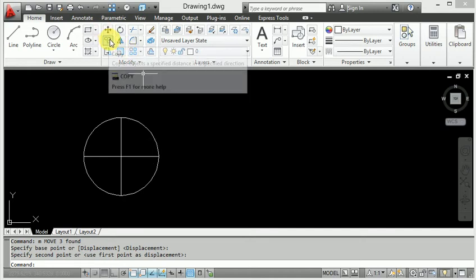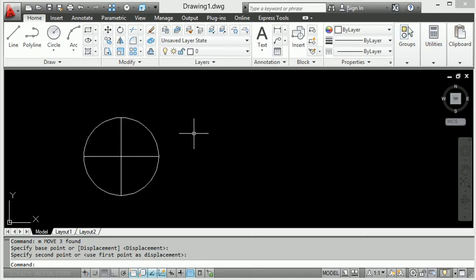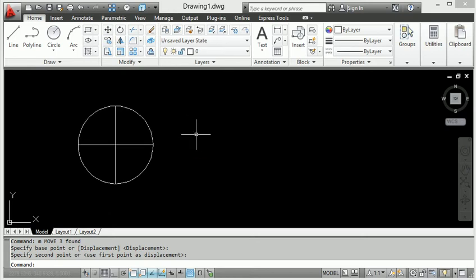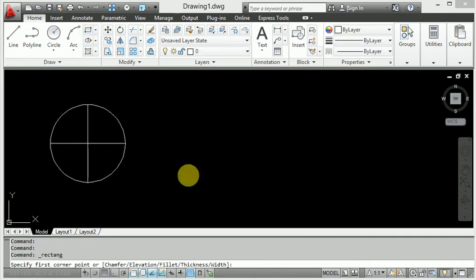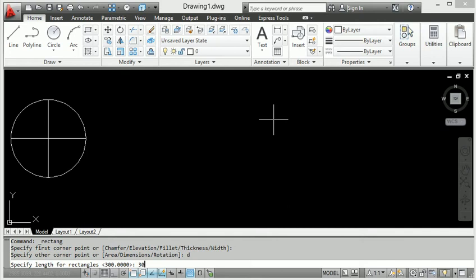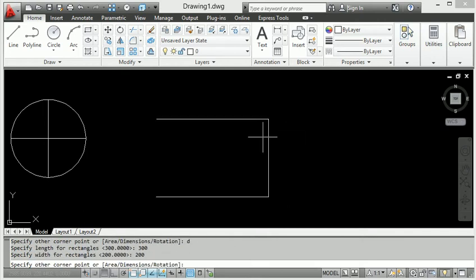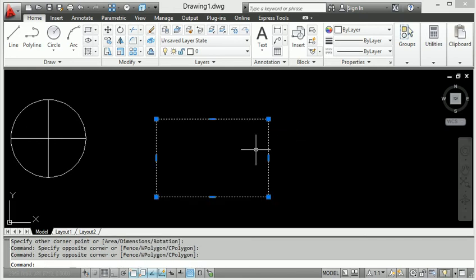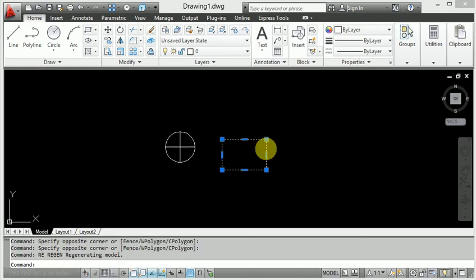Second thing, I will use the copy command. Basically the copy command creates a similar diagram in another area and another location. Just for example, this is our body right now. We have made a rectangle. Click this rectangle, enter the first distance, we provided 300, and the second distance we provided 200. So this makes the rectangle. So this one is the rectangle.